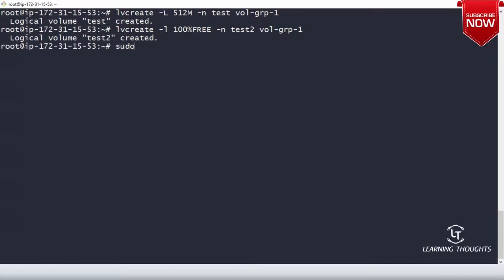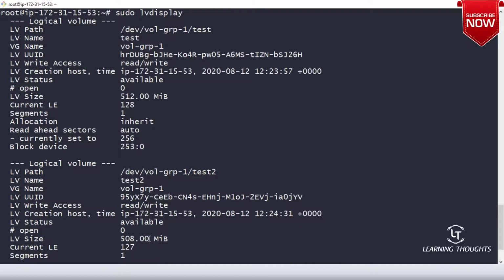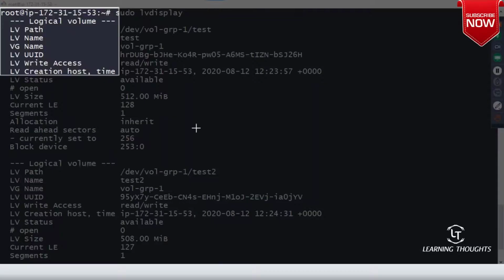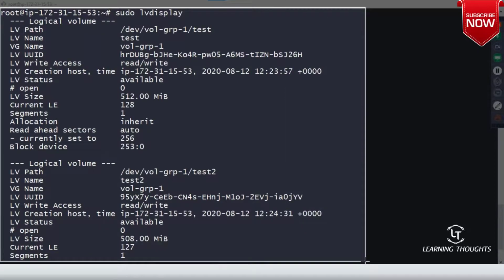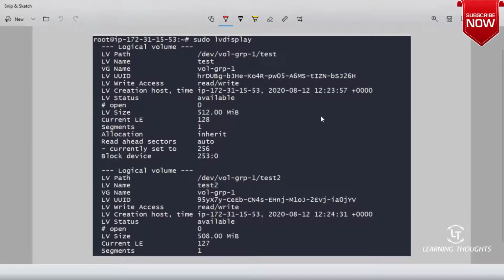Now, sudo lvdisplay. Are you seeing two volumes, one with 512 MB, the other one with 508 MB? Yes or no? Yeah.